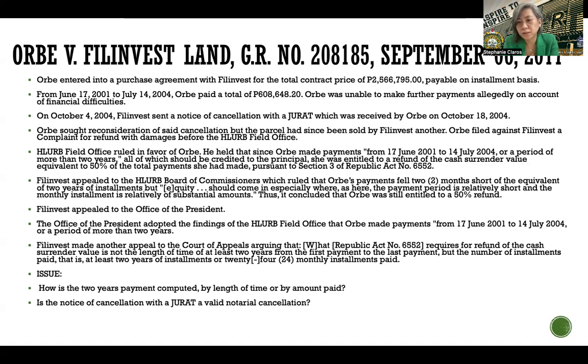Thus, Orbe was still found to be entitled to a 50% refund. So Philinvest further appealed the decision of the HLURB commissioners to the Office of the President. And the Office of the President adopted the findings of the HLURB that the payments made were more than 2 years already. So Philinvest